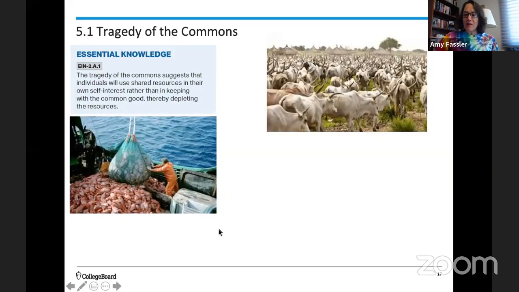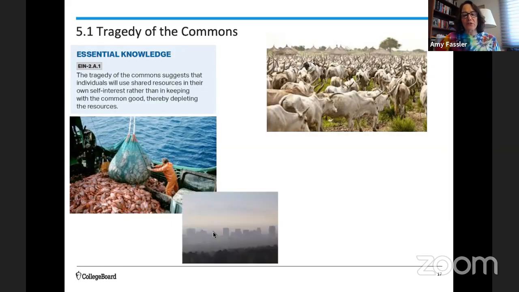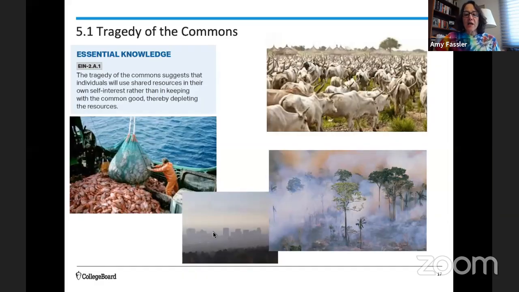The ocean is a commons, and if each individual fishing company says, I'm just taking a little bit, my limited little catch, and we start adding that up with the magnitude of everybody that's doing that, we realize that we are overfishing or using that resource in an unsustainable way. The atmosphere is another good example of a commons, and the amount of photochemical smog and particulates that will endanger the health of future generations. And deforestation, primarily in tropical rainforests, is another example of a commons, and we'll dig into this a little bit later